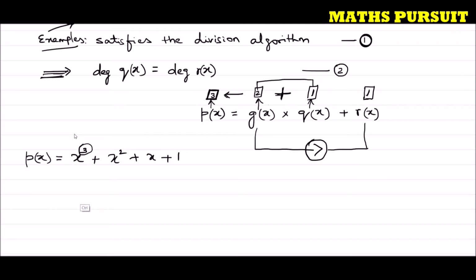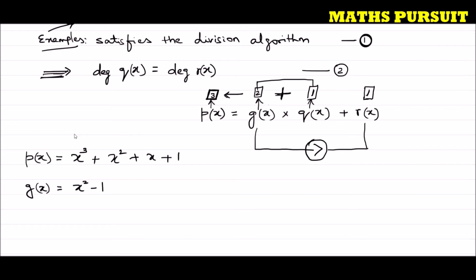Now taking this polynomial, let us move ahead, and we should also consider gx, another polynomial, in such a way that its degree is 2. The gx is nothing but the divisor and px is nothing but the dividend. So we are going to consider the divisor in such a way that its degree is 2. Now I can consider gx is equal to x to the power 2 minus 1.